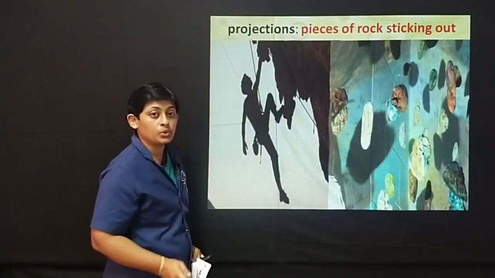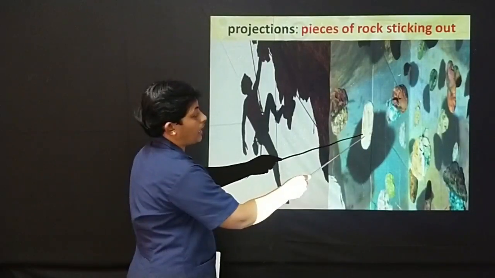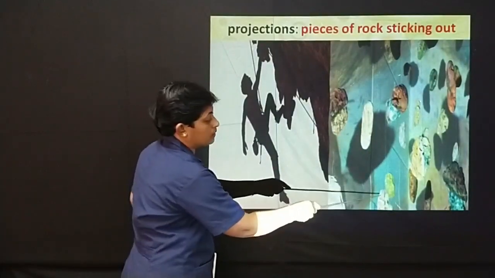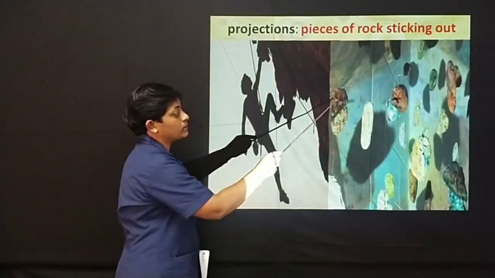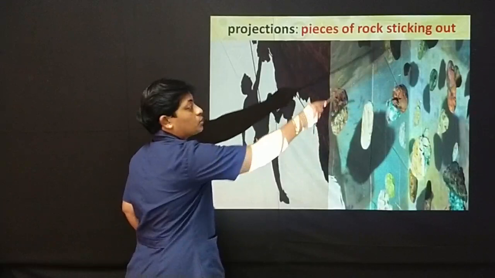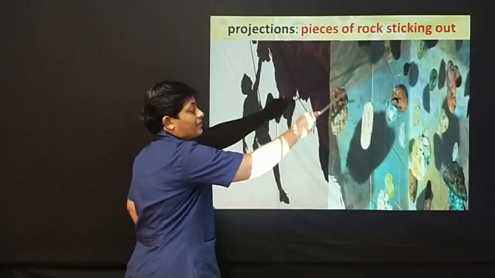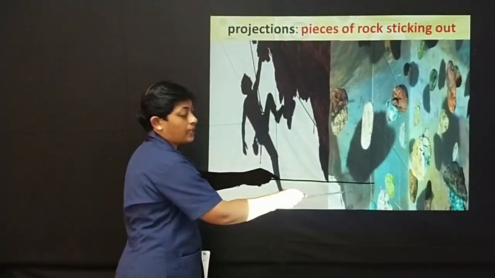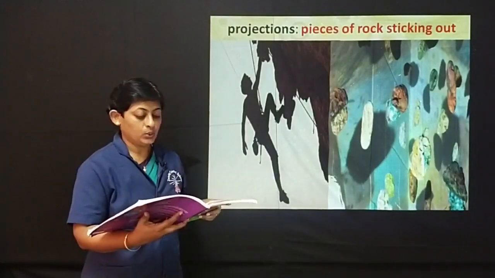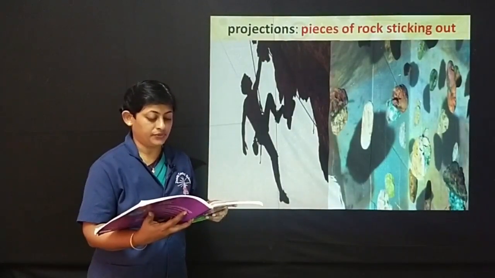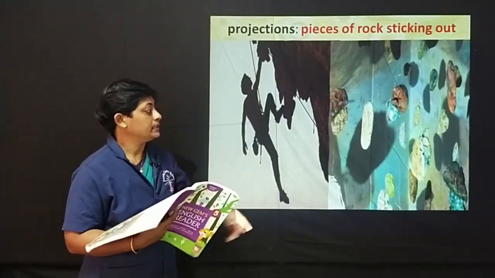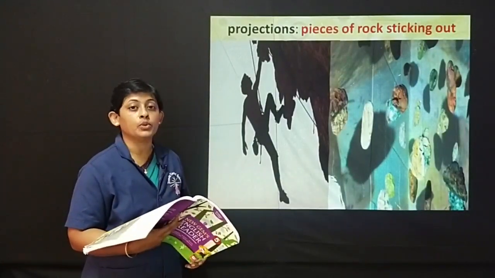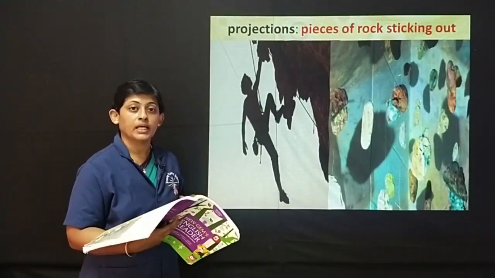So in the same way, if you go for rock climbing, you have these small stones that are kept across so that you move from one stone to the other and you are able to reach the top, and in the same way you can make use of them and come down again. "These were certainly going to make it easier for us to climb down." As I have mentioned to you, these same projections will help you to climb up as well as climb down.